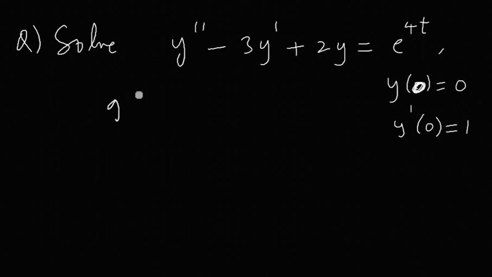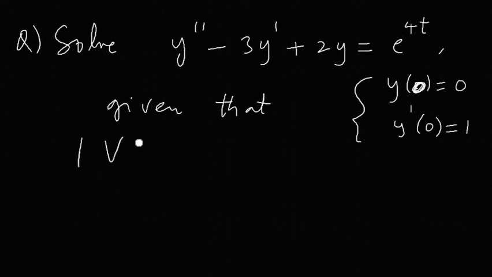So y of 0 is 0 and y dash of 0 is 1. Given that, we have to solve with these two conditions. These two conditions are also called initial conditions, and because of which it is also called initial value problem, in short called IVP. A differential equation given along with initial conditions is called an initial value problem. Coming back to the point, I'm sorry, this pen is troubling sometimes. Solution.